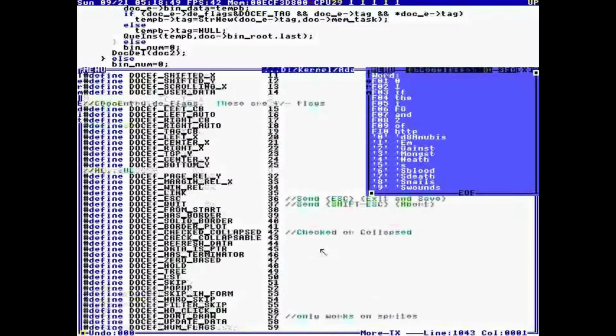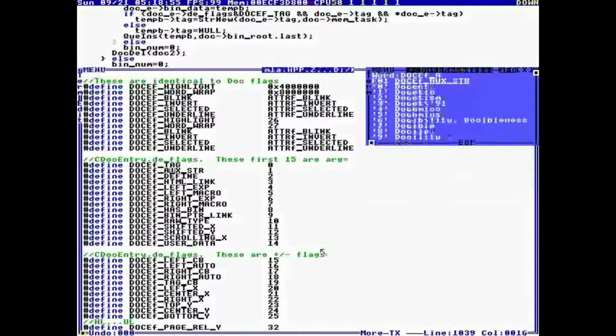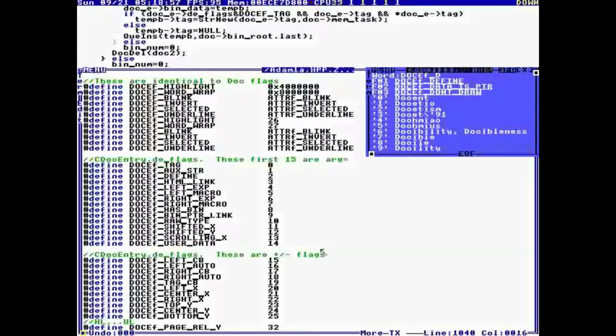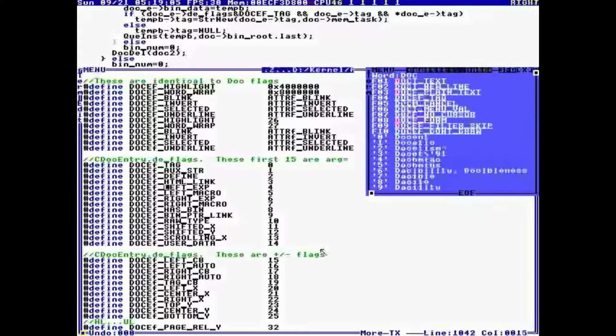So there's a flag if it has a left macro. We can look at the flags. Here's the flags. The first batch of flags is tag auxiliary string define. The first batch of flags is flags that cause an argument. Anyway, so like left macro has an argument. So we go through all the flags, and each entry type